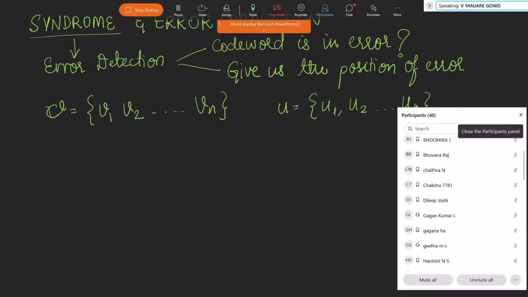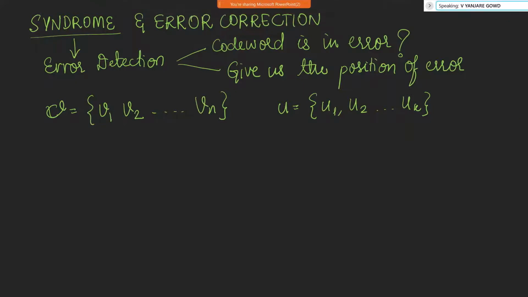Sorry about that. The connection went off in between, I guess. We'll start off. So, during the syndrome calculation, first we will have to know certain things. What is that syndrome? We will know now. Suppose we have an n-bit code word which consists of bits v1, v2, and so on up to vn for a message bit combination called u1, u2, and so on up to uk. Assume that I have received a vector.